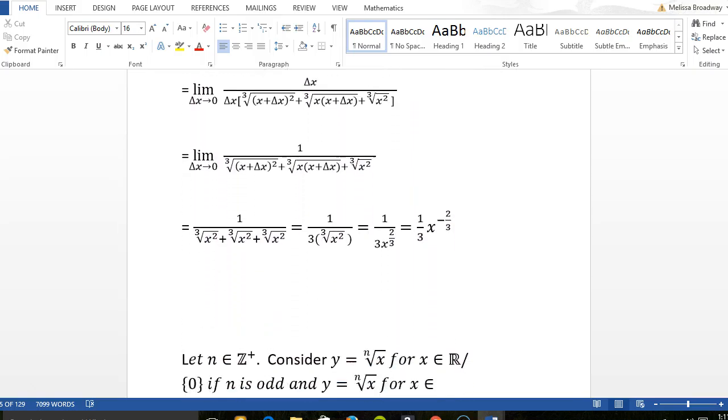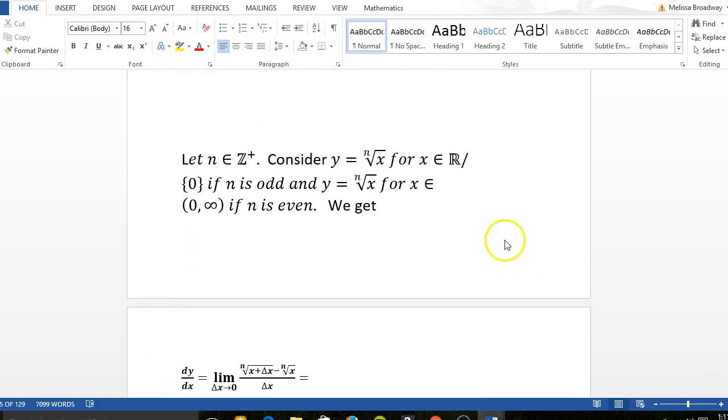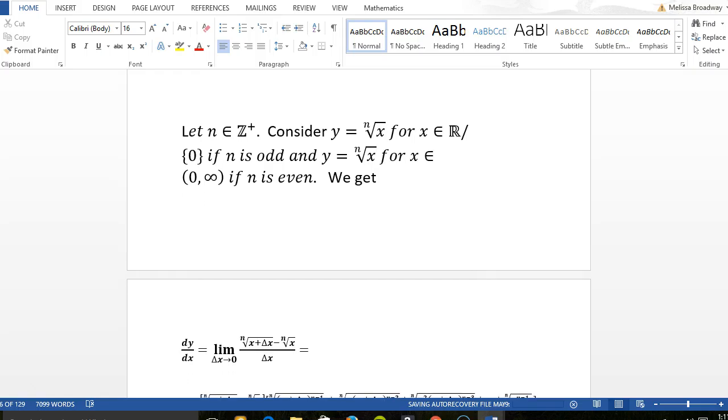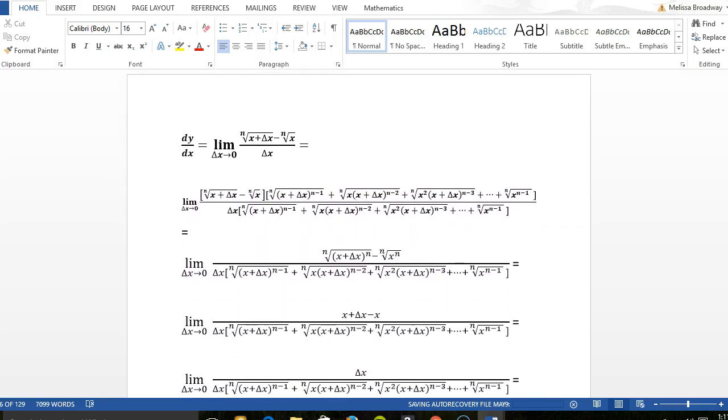But anyway, here we just don't want 0 in the domain. If it's odd root, if it's even root, it's more strict. You've got to be positive. So we're doing the nth root of x. And then you just do dy over dx equals this guy minus this guy. But then by the rules of algebra,